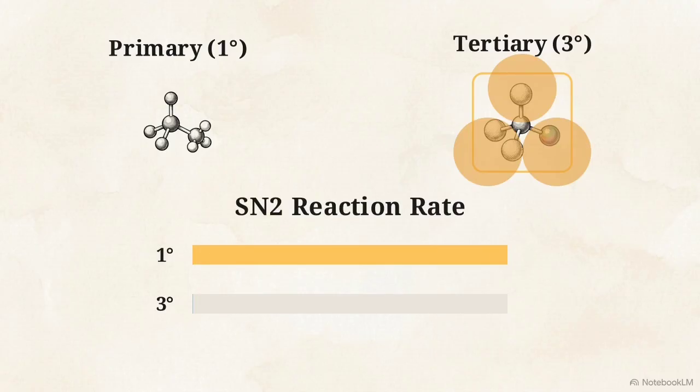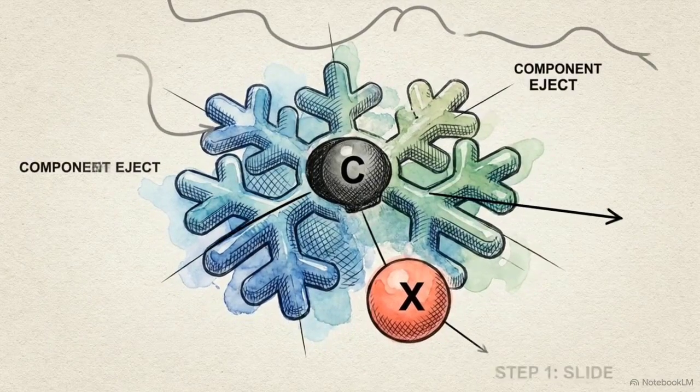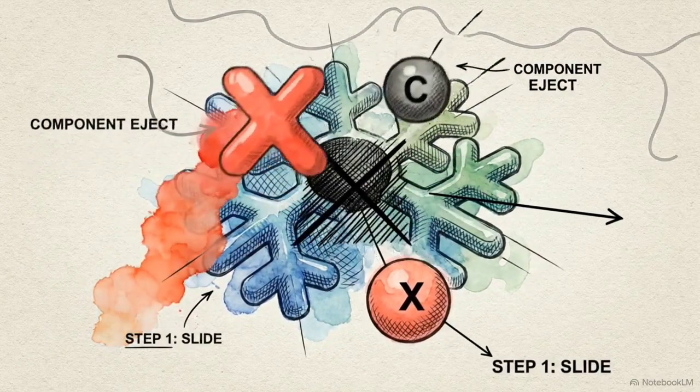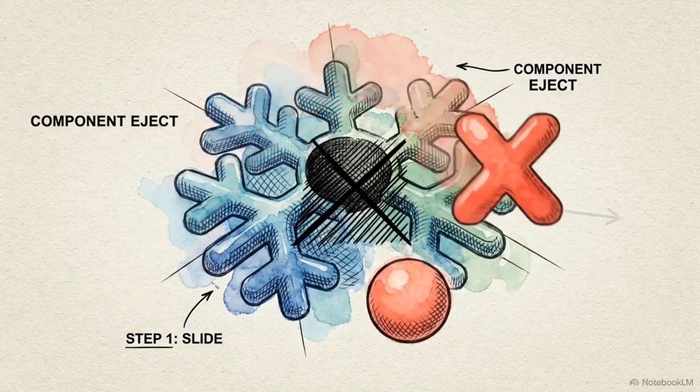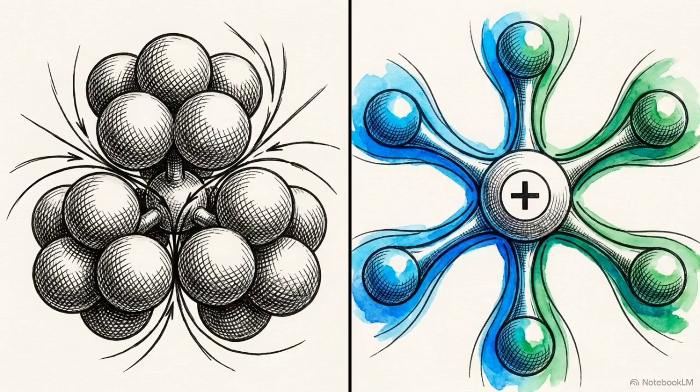In an SN2 reaction, a single-step substitution, the exposed primary carbon reacts rapidly. However, the tertiary carbon's reaction rate for this same mechanism drops to 0. We see the opposite trend in an SN1 reaction, which involves 2 steps. The primary carbon fails to react, while the tertiary carbon executes this pathway efficiently. While the primary carbon completes its substitution in a single motion, the crowded tertiary carbon follows a multi-step sequence to achieve the same result. This preference for the SN1 pathway is a requirement dictated by the specific interaction between steric